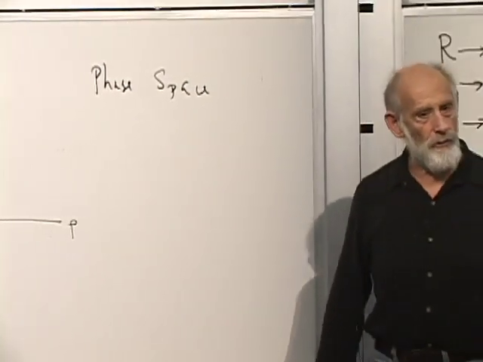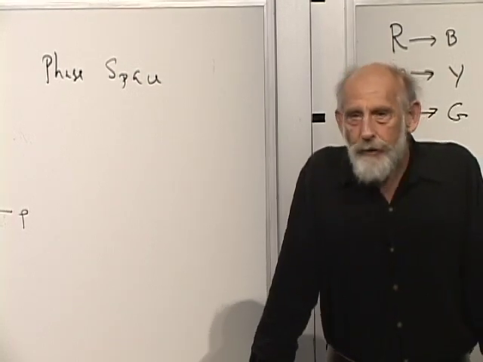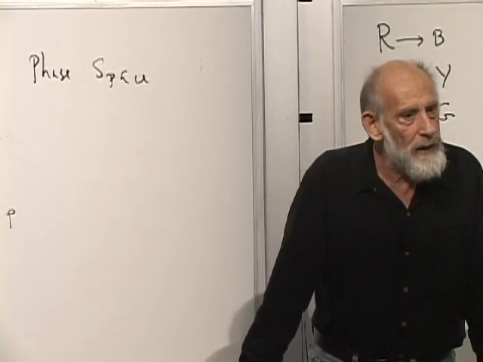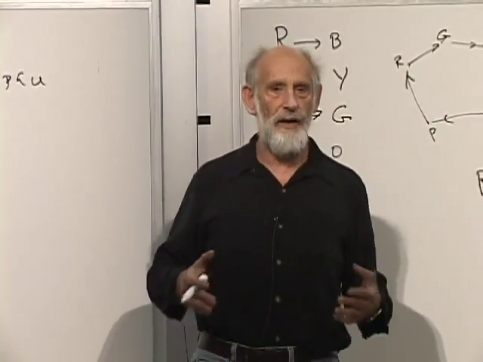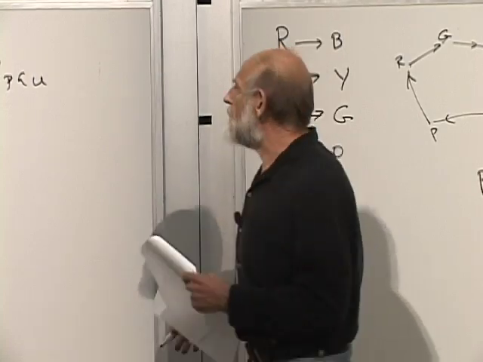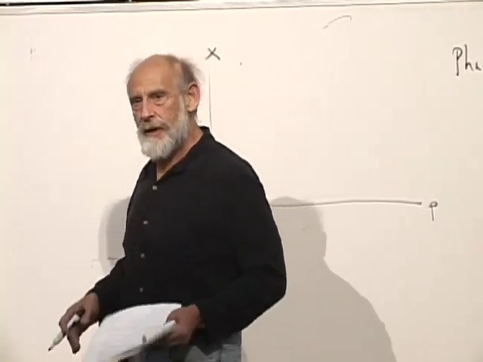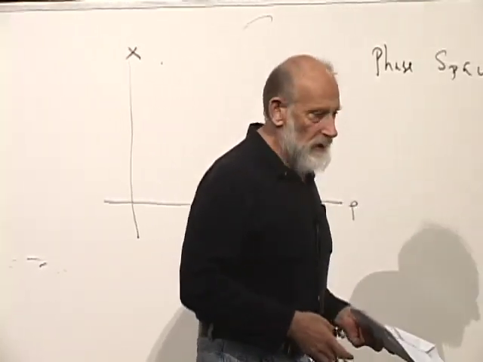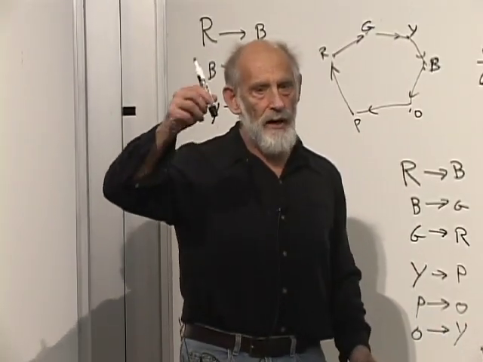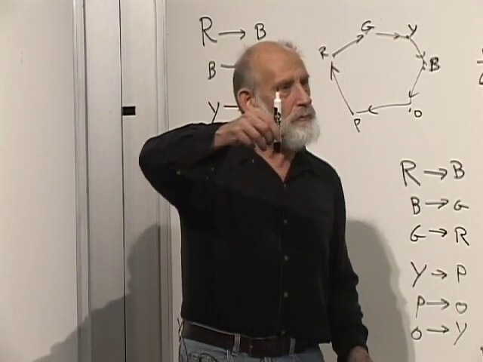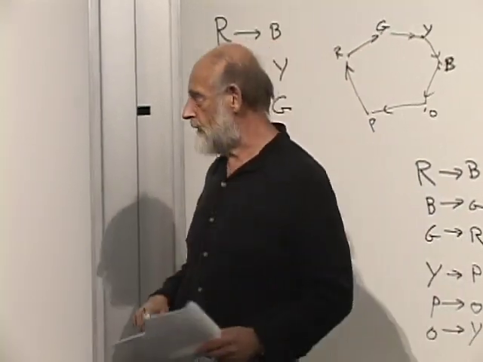What is the x space called, just x by itself without worrying about p? It's called a configuration space. So the configuration space is the space of x's. The phase space is the space of x's and p's. But what constitutes a state of a particle is not an x, but an x and a p. And the reason is that in order to say where a particle is going to be next, you not only have to know where it is, but you have to know how it's moving. You have to know both its position and its momentum, or the position and velocity.